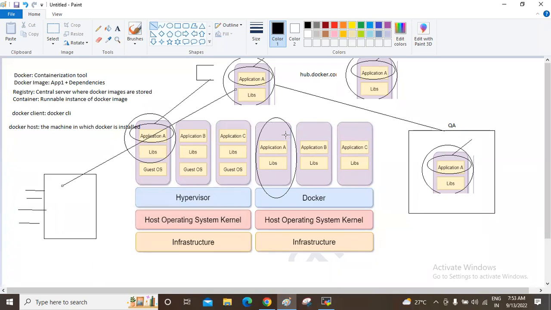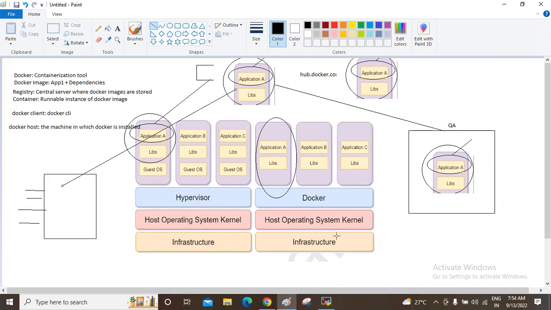It has its own Java, that is Java 8, where Jenkins is running. Let's say this is application B, which requires Java 11. It has its own Java environment. How has this been created? Because a Docker image is nothing but what? Application along with the dependencies. If you have another application which requires a different Java environment, yes, we can have that content with the different Java edition.